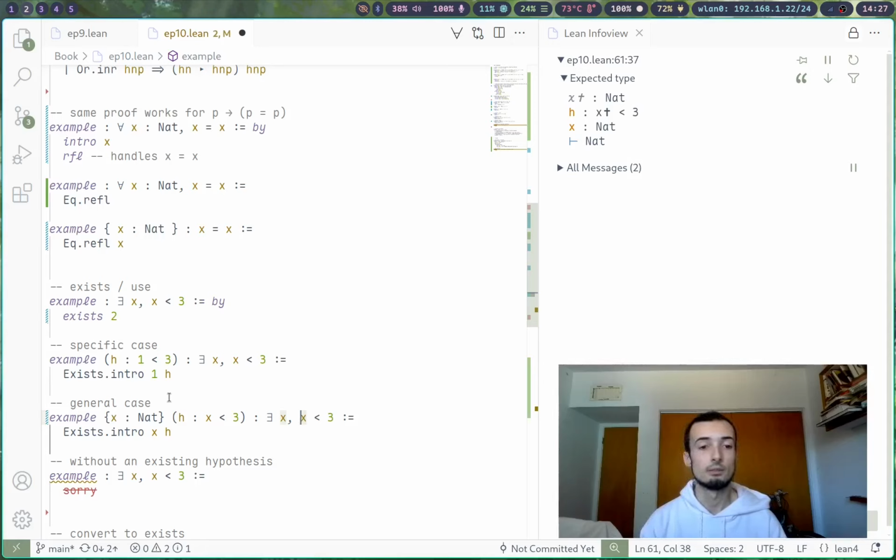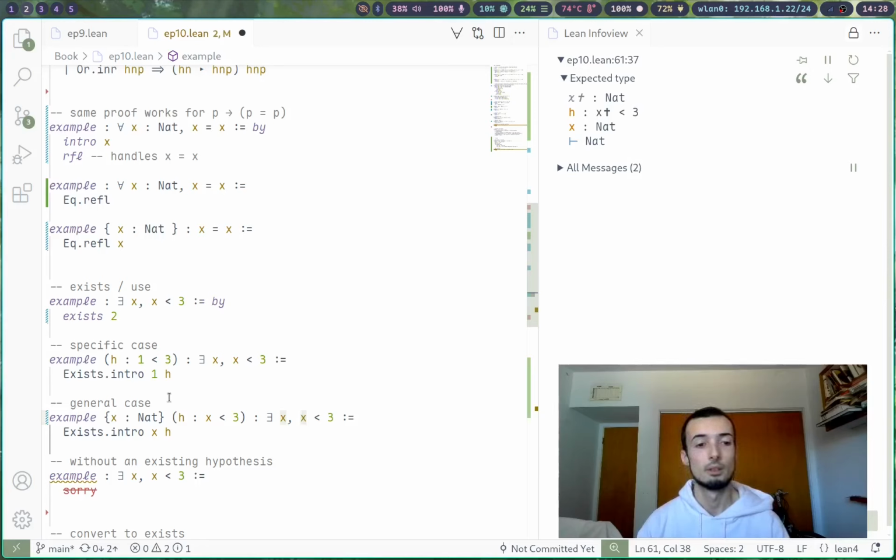You can imagine maybe in a more complicated example, it wouldn't be so easy to find such an x that would satisfy this equation. But if the hypothesis matches the inside of the exists statement, we should be able to apply the hypothesis to the goal to get,